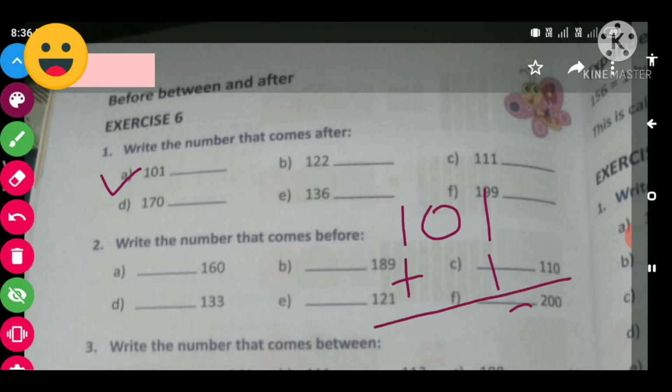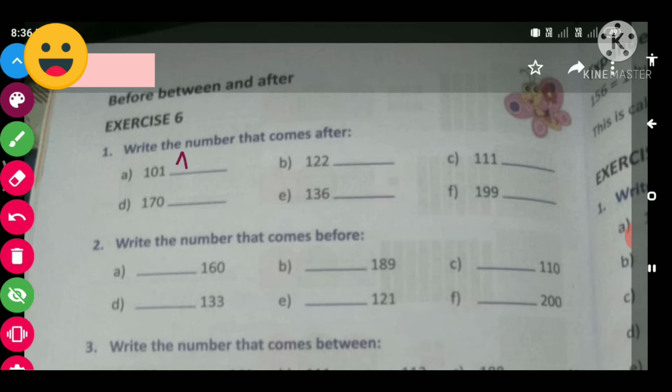So 101 plus 1, it will become what? 1 plus 1, it will become 2. This 0 and this 1 will come down, right? So your answer will be 102. Okay, like this only. B number answer will be what? 122. Okay, 122.